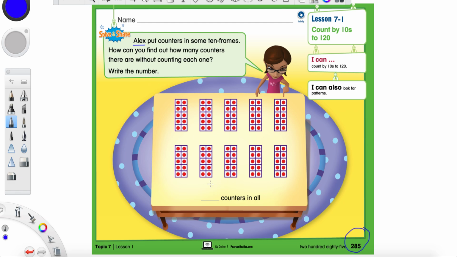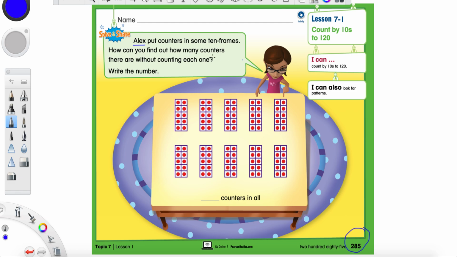Okay, so they're giving us a little bit of a curveball here. We're not allowed to count these red dots one at a time. Instead, they want us to be like big first graders and figure out how to do this the big kid way. So I'm going to show you the really easy way to do this. Here's the first step. The very first thing we have to do is put a number on top of each one of these